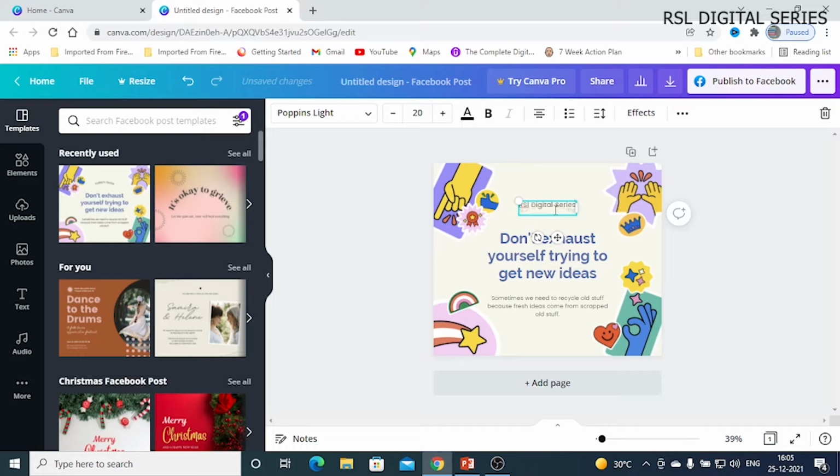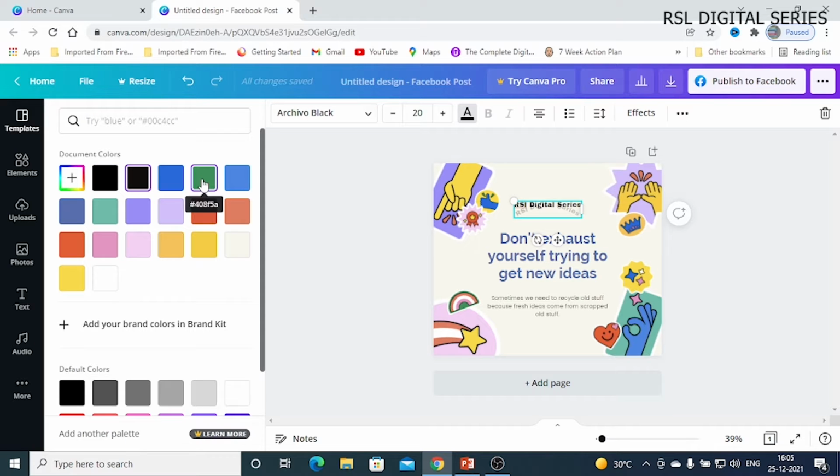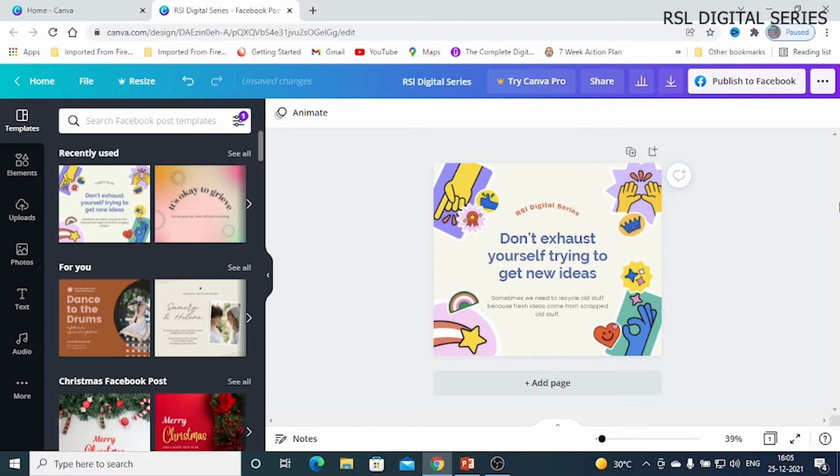Once you have changed the text over here, if you see, we have an option to change the text color. You can make it bold, you can change the font size and font style also. Just click here and then you can choose whichever you like. Whatever font style you like, you can choose, and text color also you can choose as per your wish. This is as simple as that. You have to just click and replace whatever you want to do here.